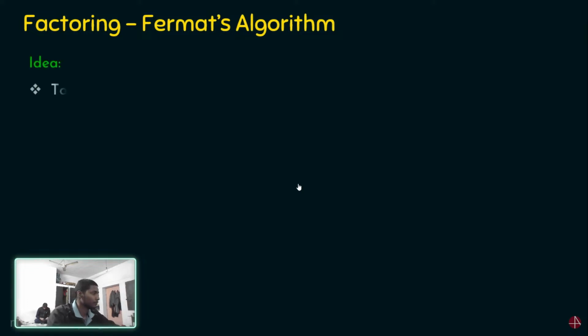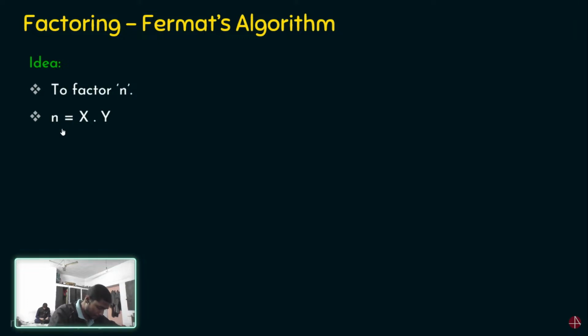So the main idea is to factor n, where n is the product of two prime numbers x and y. This can also be p times q. In this example, I've taken it as x and y. Say you are given the number n, where that n is already a product of two prime numbers x and y, but you don't know the value of x and the value of y. You are given the number n, and if you're required to find the two prime numbers that gave this number n,